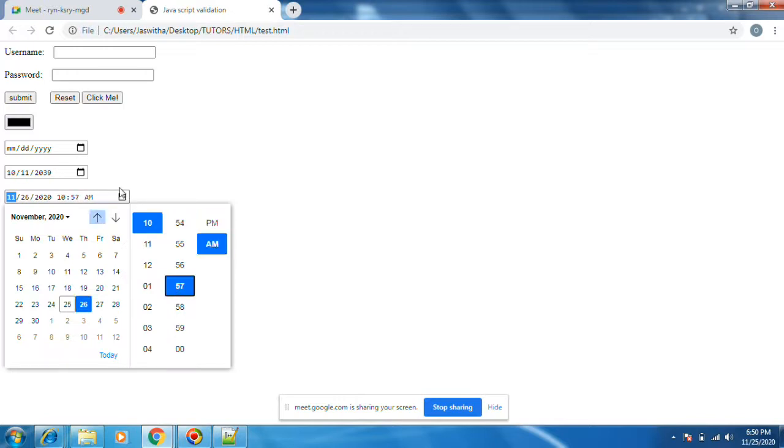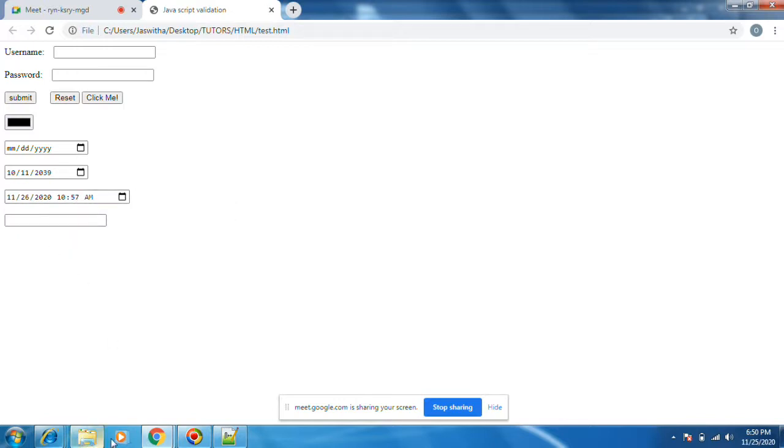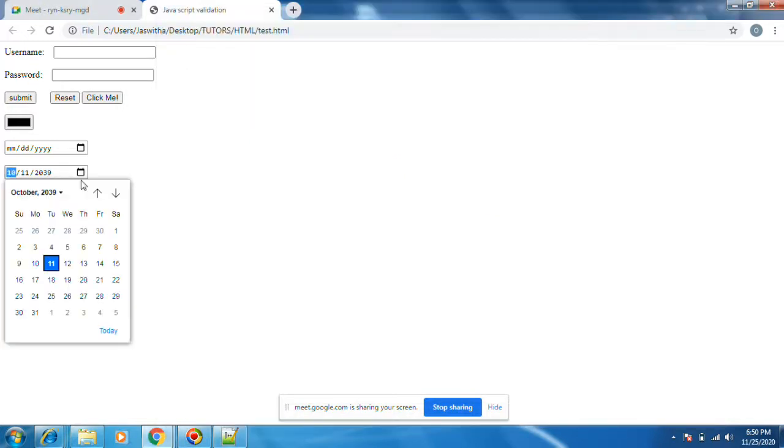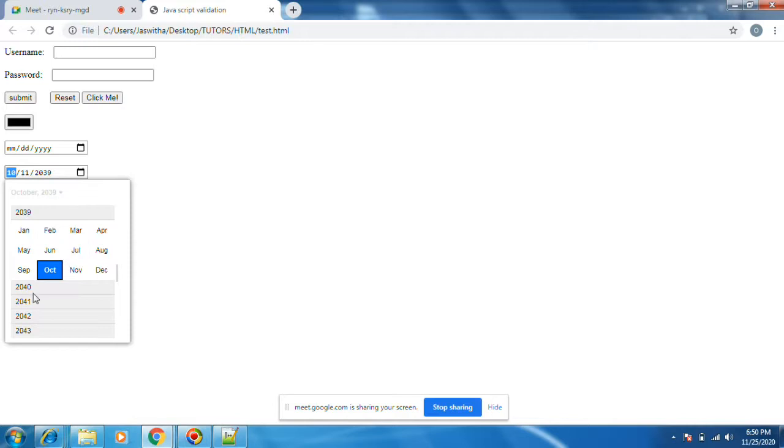This is some different thing. This is date local. Date local means date plus timestamp is coming. This one is minimum 2000. You see, minimum 2000.